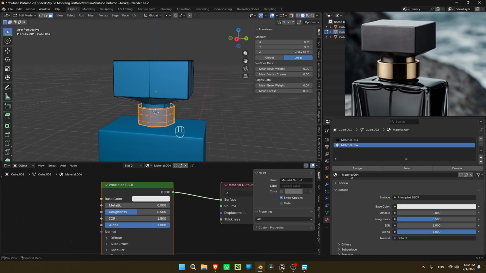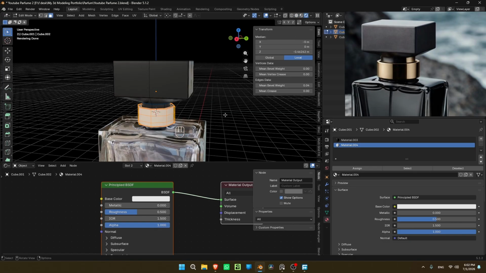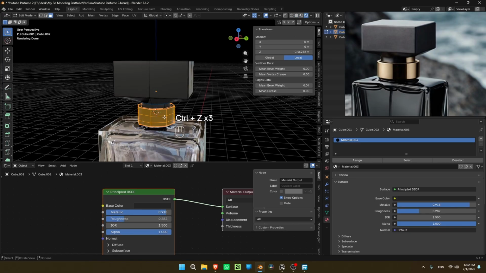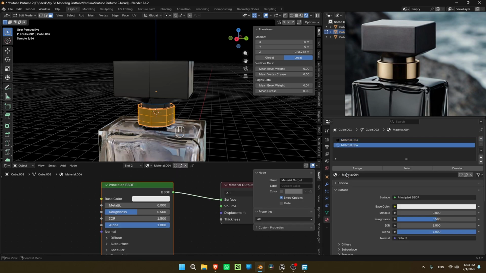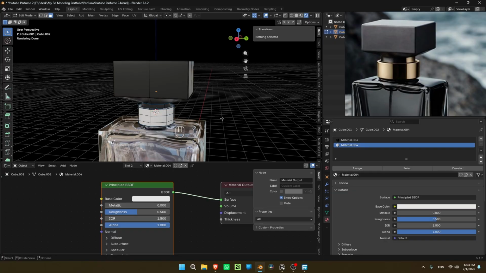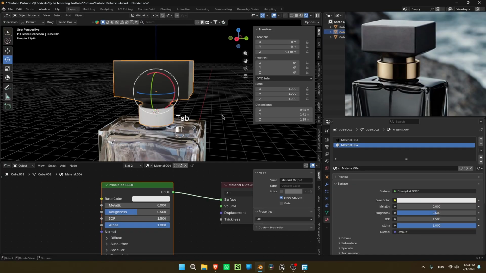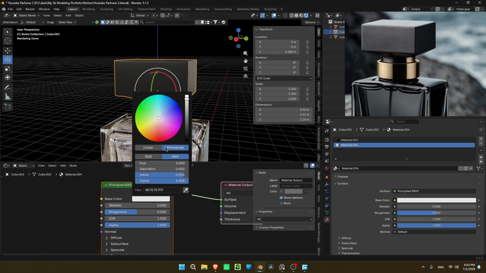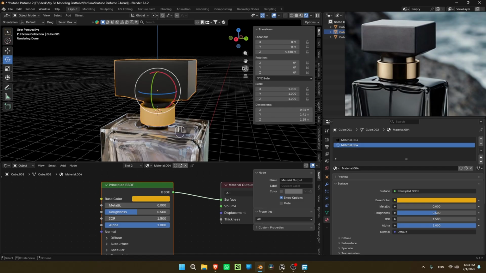Add a new material and assign the selection. Let me go in here so we can see it a little. After we select the part where we want to add the new material, we go to Material and click Assign. So the new material will target the selected part. This way we get two separate materials in one object. This new material, we're going to make it gold.